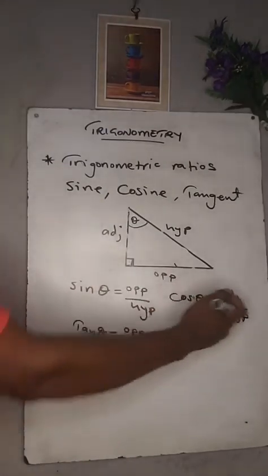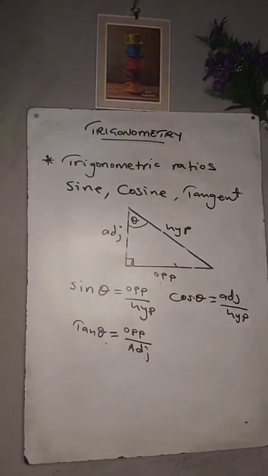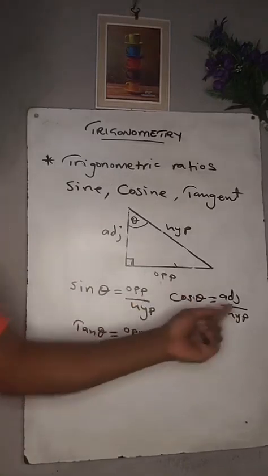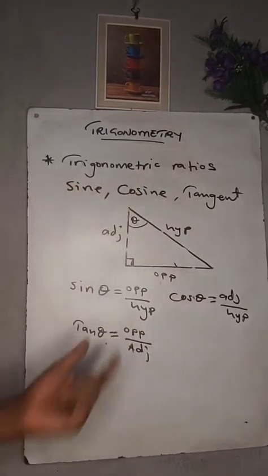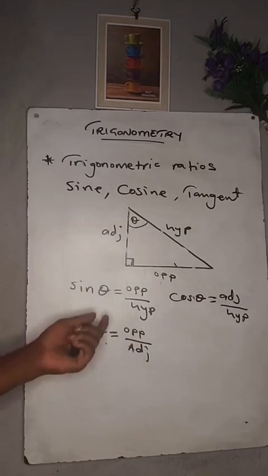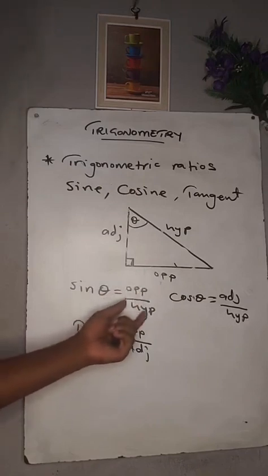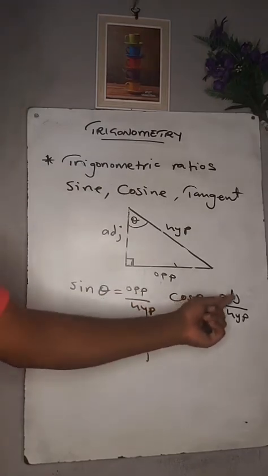So these are the three important trigonometrical ratios. Whether you like it or not, wherever you go, if you're finding sine theta, you use opposite over hypotenuse. If you're finding cos theta, you use adjacent over